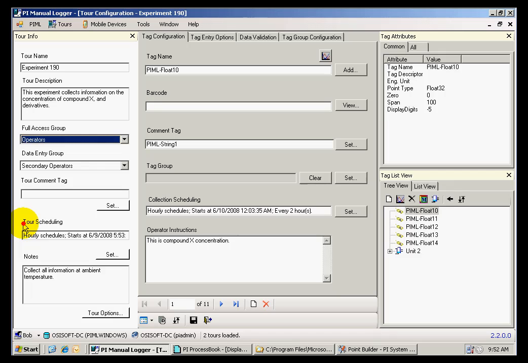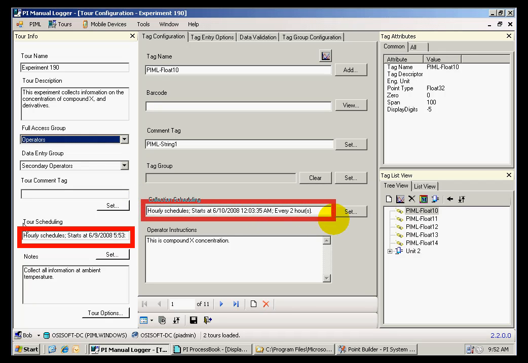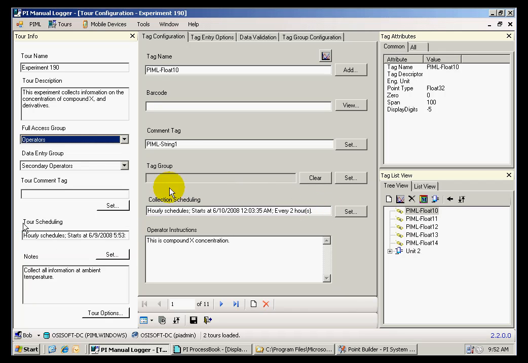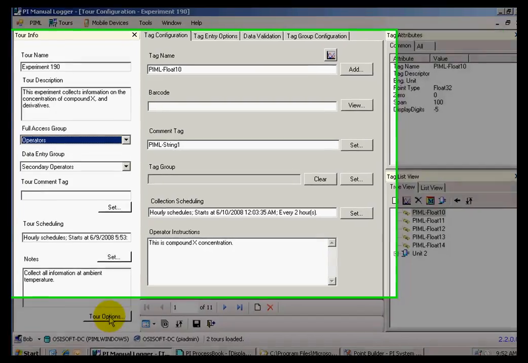So the tour will be collected hourly. Now each one of the tags has a different collection schedule. PyML float 10 will be collected every 2 hours or for every other tour. If I click on tour options,